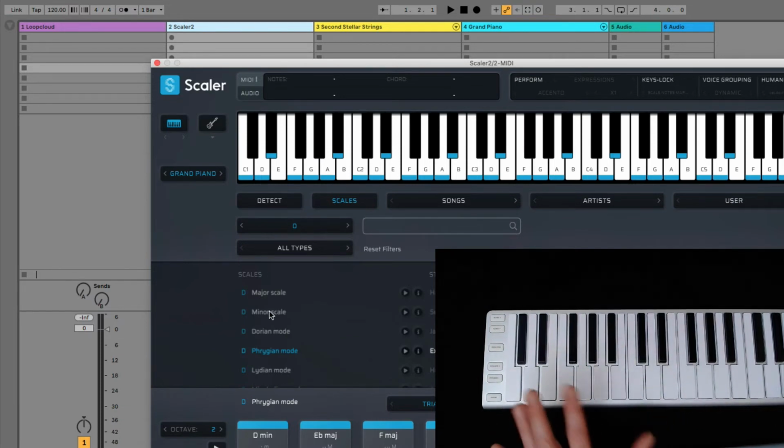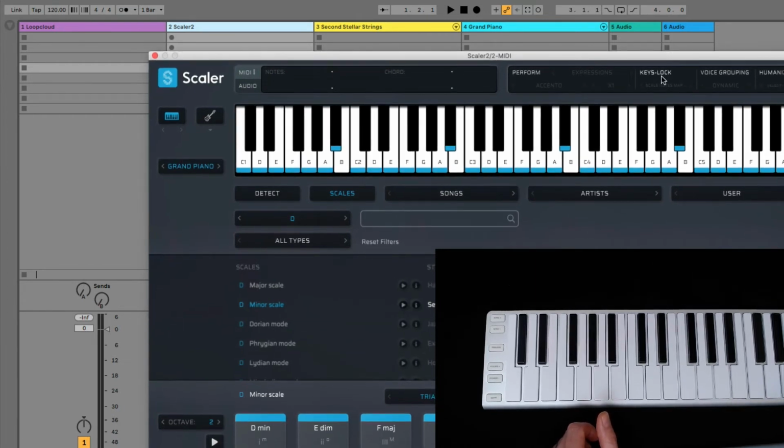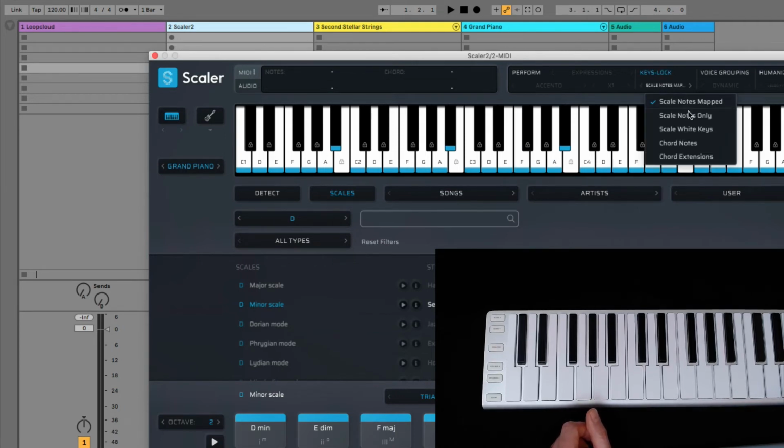But obviously a much simpler way of doing this, and the way that you're probably always going to want to do, is to lock your keyboard to the notes for you. So you don't need to refer to the keyboard in the software here to know what notes you're playing. The way you do that, once we're in D minor here, is we go up just above the keyboard to the keys lock option. And if we turn that on, and then we choose white keys,